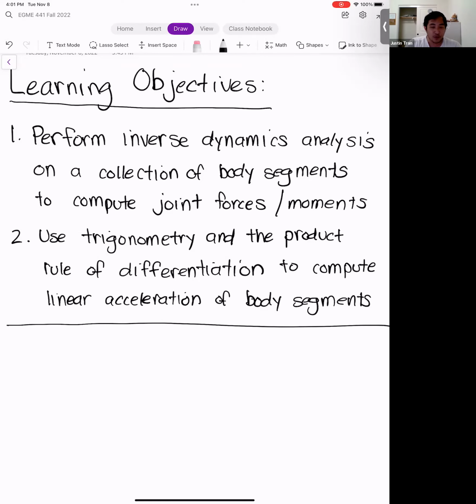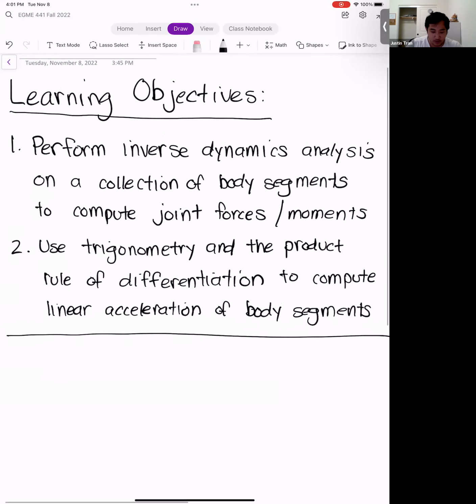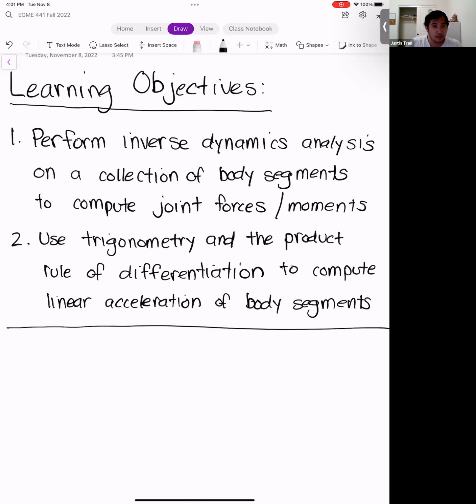Okay. So in terms of our plan for today, we're going to continue where we left off on Tuesday, and so we're going to be talking about inverse dynamics analysis. So I think I left off right before I was going to do an example. So I have 2 examples planned for today, and they're both kind of the same. I think inverse dynamics is generally a little bit better than inverse kinematics, which is what we finished. Kinematics is definitely, I think, probably the hardest part of this section. Dynamics is kind of just applying what you've already known about free body diagrams and all that stuff. And so it is a little bit math intensive, but I think it's a little bit easier to comprehend.